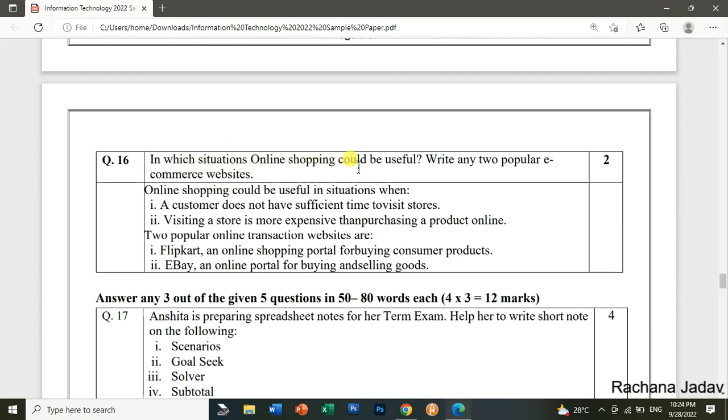In which situation online shopping could be useful? Write any 2 popular e-commerce websites. So popular websites Flipkart and, और इसमें भी याद रखना आपको, Amazon, Flipkart तो आपके पहले से दिमाग में रहता है, तो वही लिखना. Don't write any other type of websites which are unknown to many of the people, right? तो फिर बाद में सर्च करना. It is open ended, that is correct, but please remember that you go with the most popular one. Okay. Next,